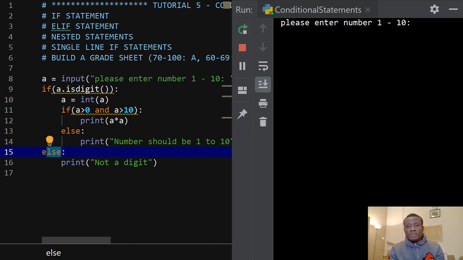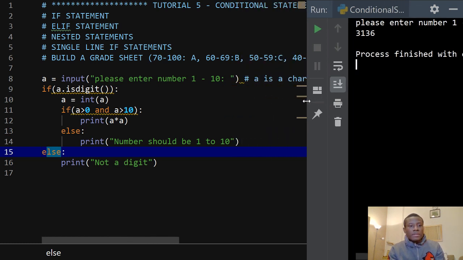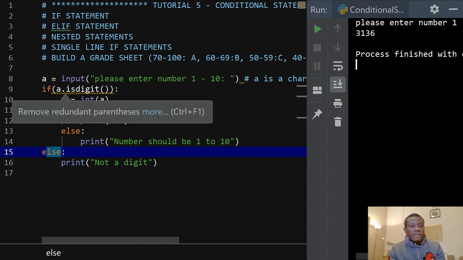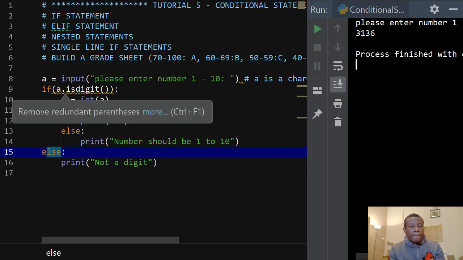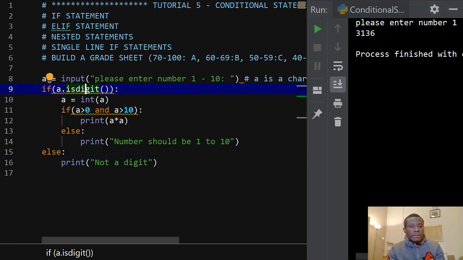So I'm going to run it. I'm going to enter, let's say, 56. So it calculates, meaning that we have some problem somewhere. So it says if it's digit, then okay, so